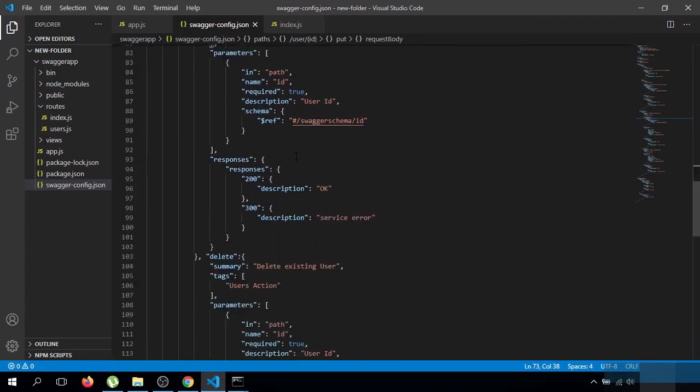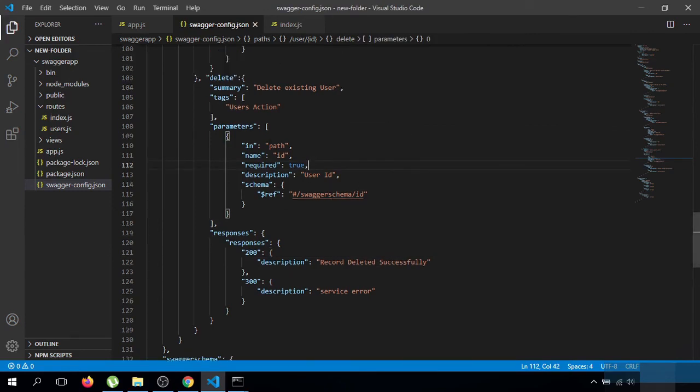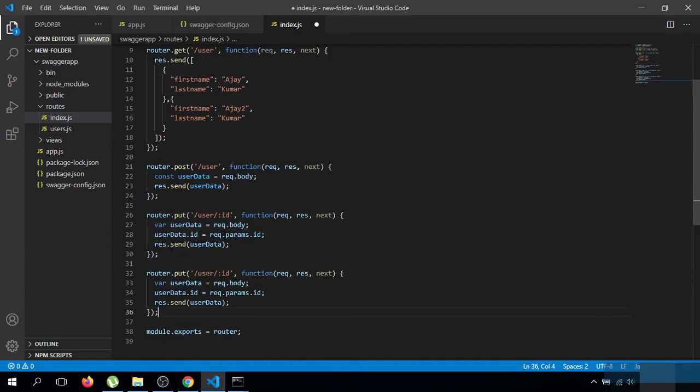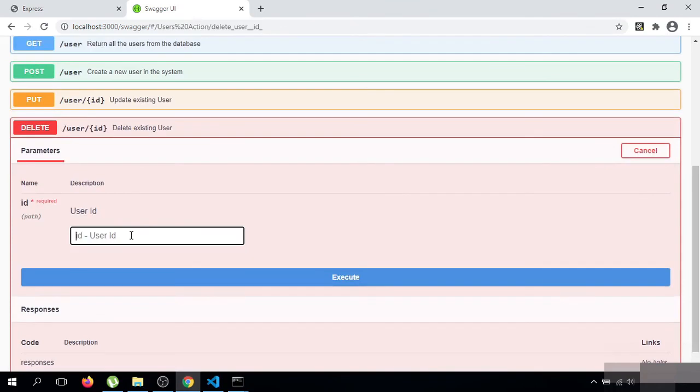Whatever user will be added in the text. As you can see that we have a text box for our delete user.